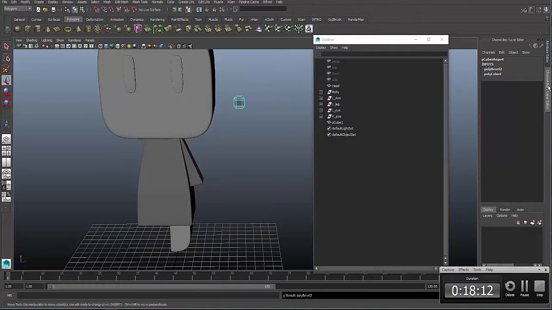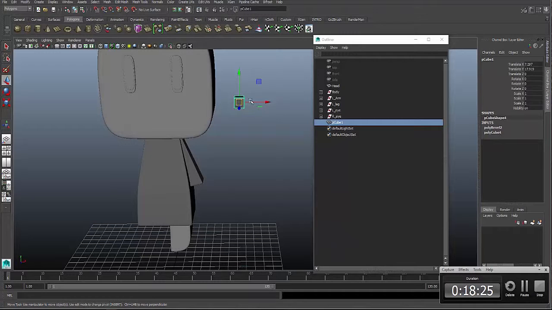Go over to your channel box in your inputs, click on Poly Bevel 2, change your segments to 2 and your fraction to 0.2. Okay, with that selected, select the cube, hit 3 to smooth it out,